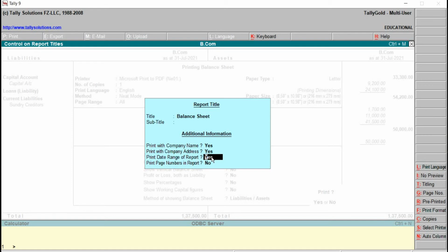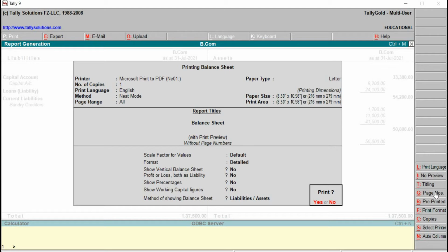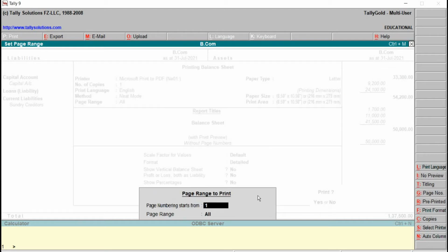We can even make it no also. Page numbers in the report, no is the default. We can even make it yes also. The next is regarding the page numbers, 1, and page range, it is for all. Even we can make it even and odd also.